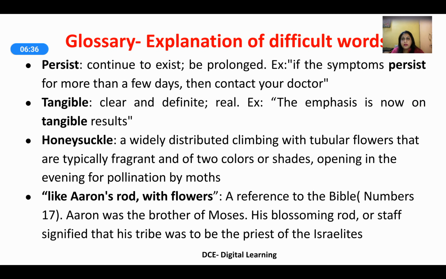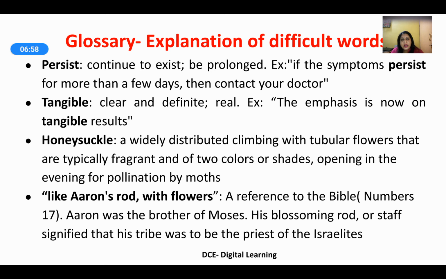Persist. Continue to exist, be prolonged. For example, if the symptoms persist or continue to exist for more than a few days, then contact your doctor. Tangible, clear and definite, real. For example, the sentence can be, the emphasis is now on tangible results, or the emphasis is now on clear